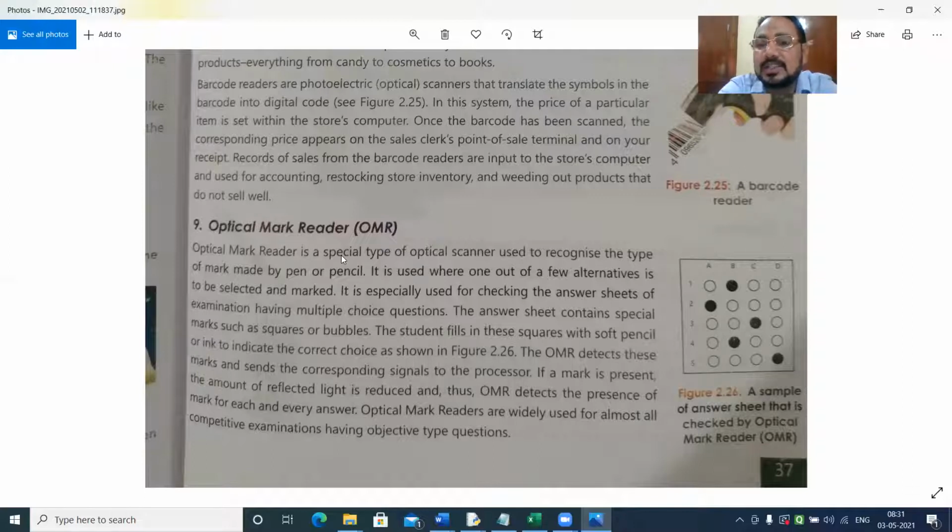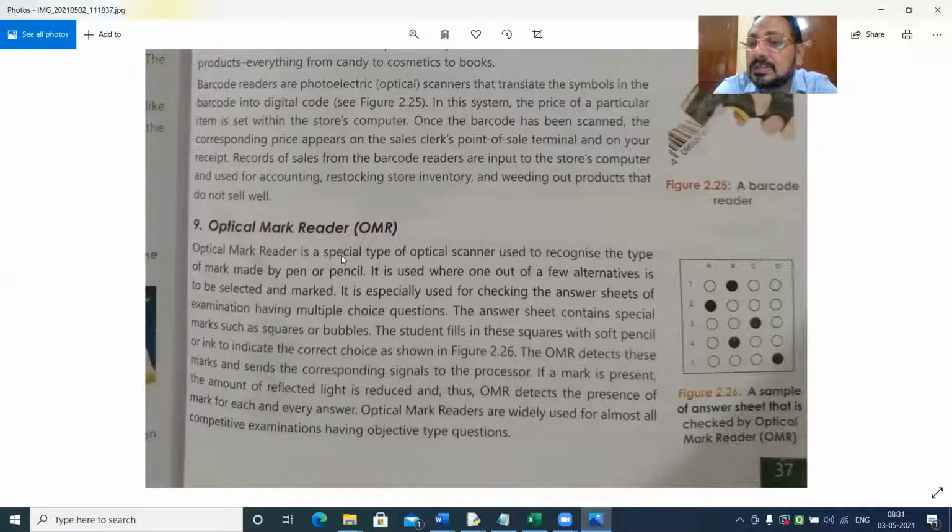Now, OMR sheets have multiple choice MCQ type questions where normally four choices are given, and the user has to select one choice out of four.